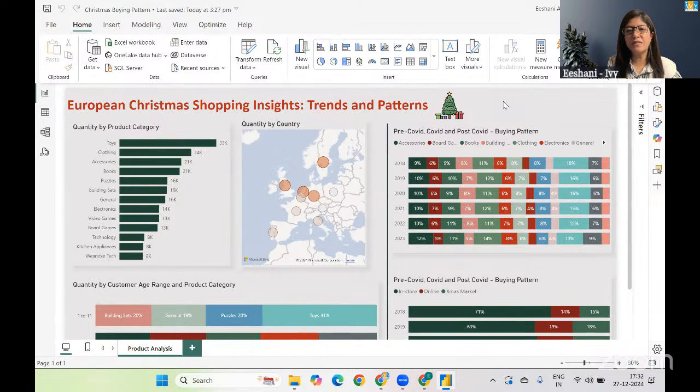Since the time is limited, we are not going to explore the entire data set, but the few things that I thought would be interesting to analyze on this data set are what we have picked. Now, regarding the data set,